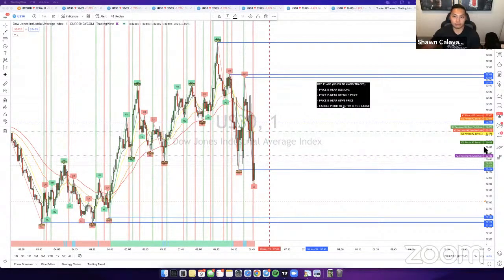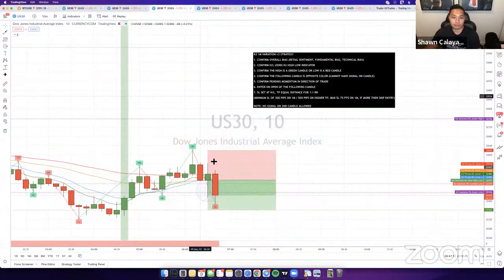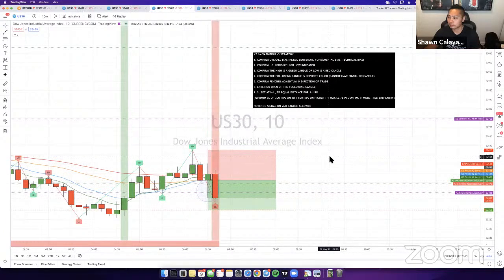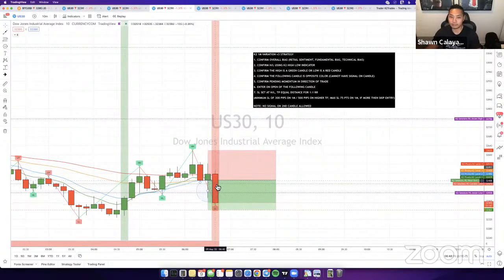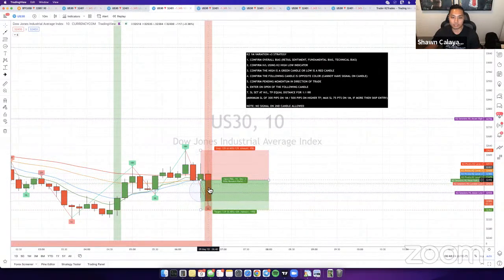Yeah, I mean, technically, if you do have the daily entry, I would be looking for a sell today. There's no daily entry that's come up yet. So there's no daily to take until it closes with a red sell signal. Your second part over here, you're asking, or do you need the double red momentum signal? I mean, that's the whole strategy, right, Kurt? So if there's no red signal there, then there's no daily entry. So yes, you would need that because that's your entry. You need a valid sell signal. You can't just enter because it's a red candle. You need to enter because there's a sell signal there.